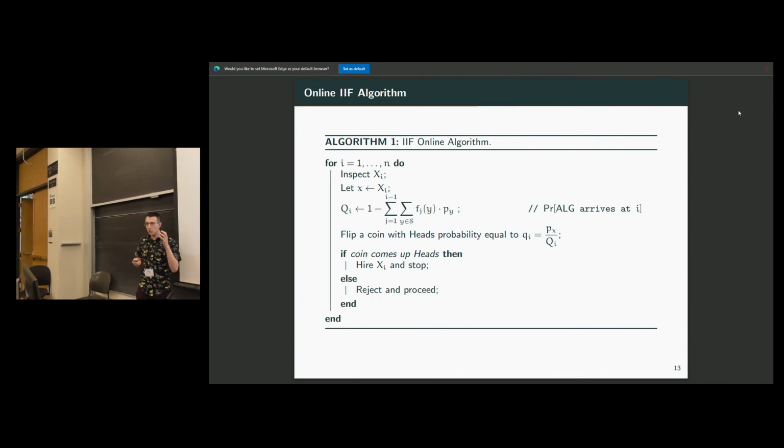And so now the important takeaway from this is what does the algorithm look like? It doesn't have thresholds anymore. It takes the value, it observes the value, and then based on the value, it flips a biased coin of whether to hire someone or not. And this, in the end, will end up being a fair algorithm according to the IIF definition.